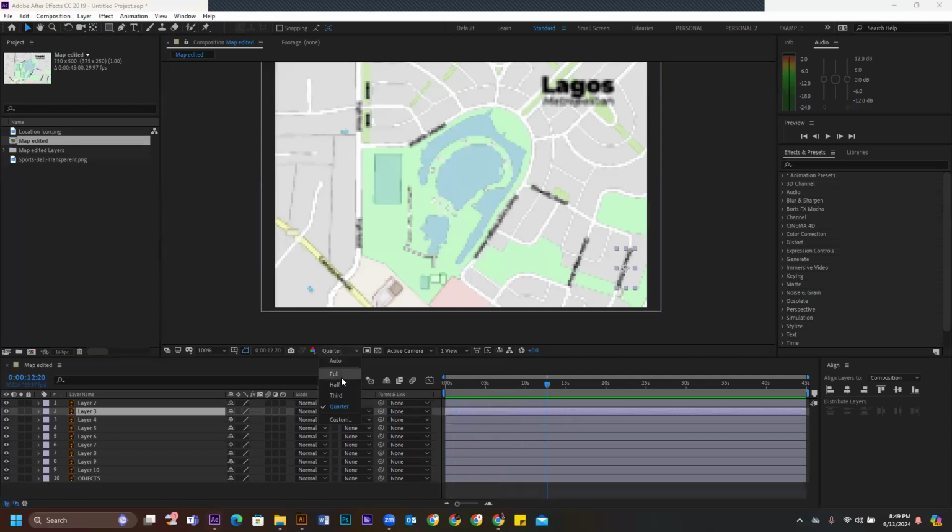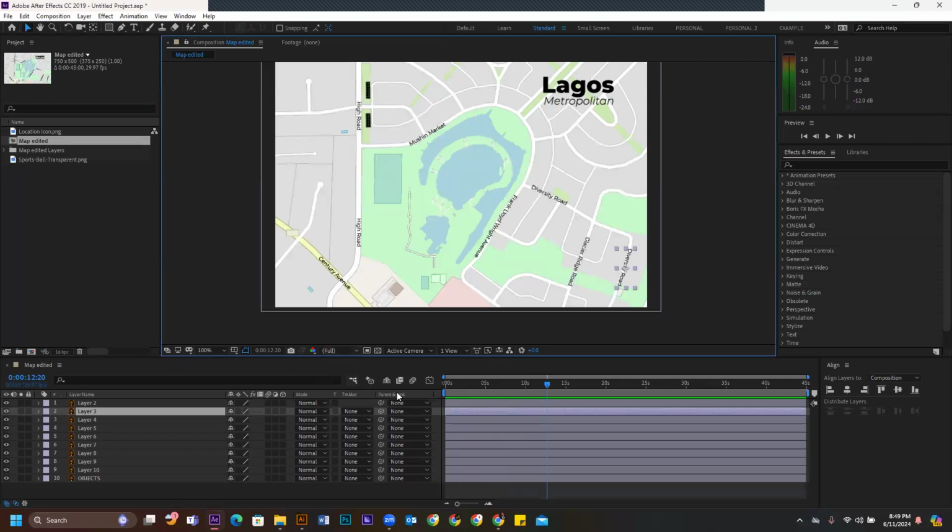So let's go back to full resolution. You can also set it to auto, right? The auto that I set would then set me maybe to half or to quarter. So when you see that this is happening, you can